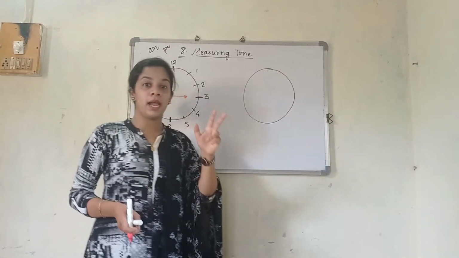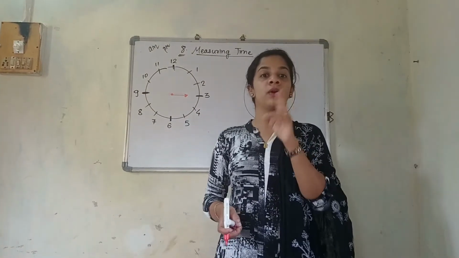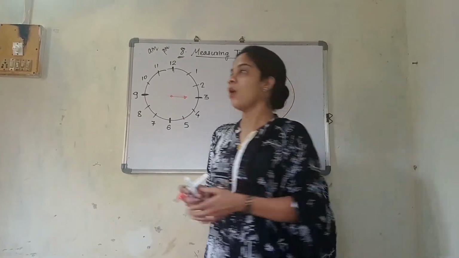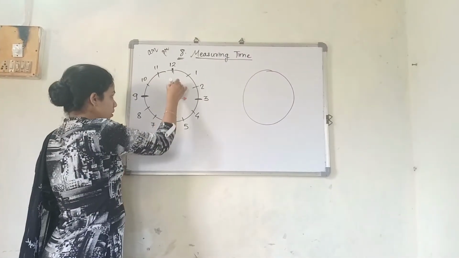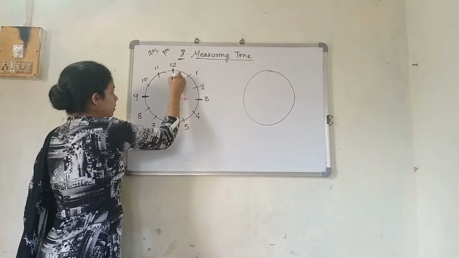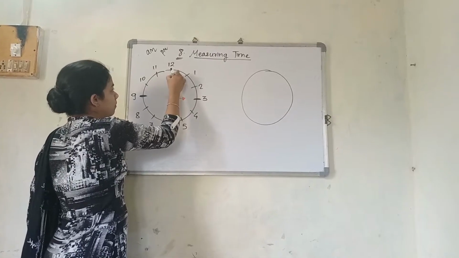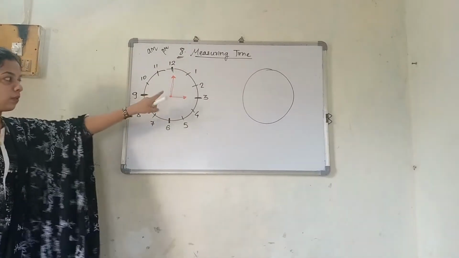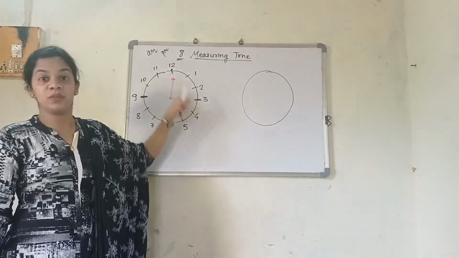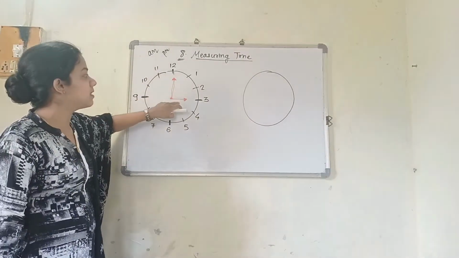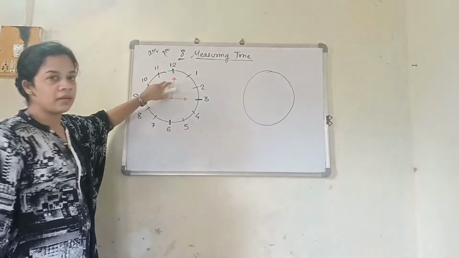The hour hand is not enough by itself, it requires the minute hand along with it. The minute hand is the tallest, or you can say the biggest. So this one is said to be the minute hand, which is the biggest, the tallest. If you can clearly see, this is the hour hand and this is the minute hand.